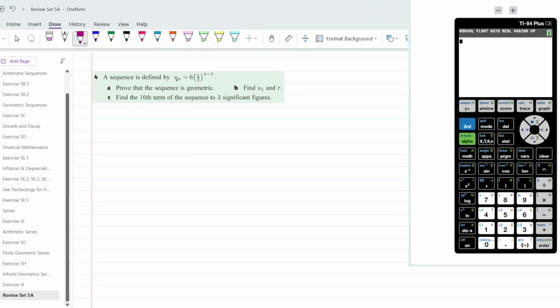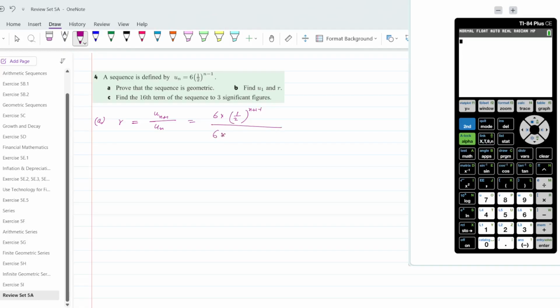A sequence is defined by un equals 6 times half raised to the power n minus 1. Prove that the sequence is geometric. So to prove, we need to find the value of r, and the value of r is going to be u n plus 1 divided by un. Now un plus 1 is going to be 6 times half raised to the power, we'll replace n with n plus 1, n plus 1, and then this minus 1